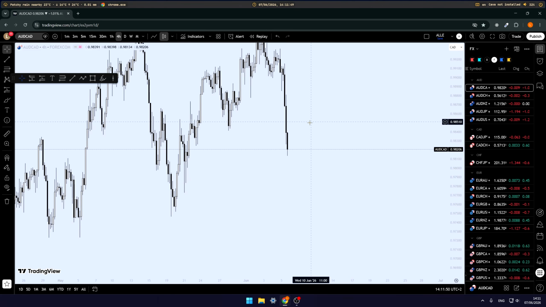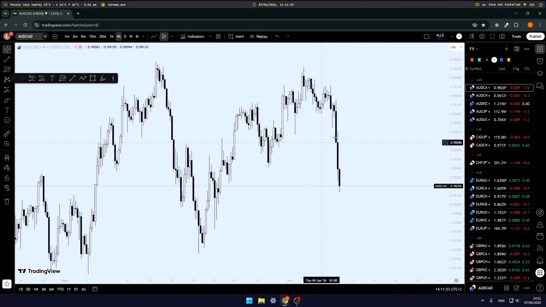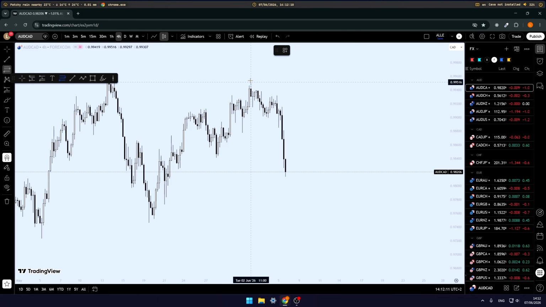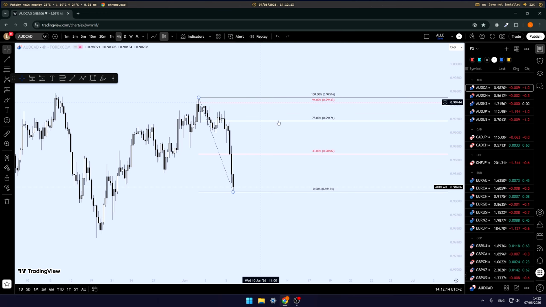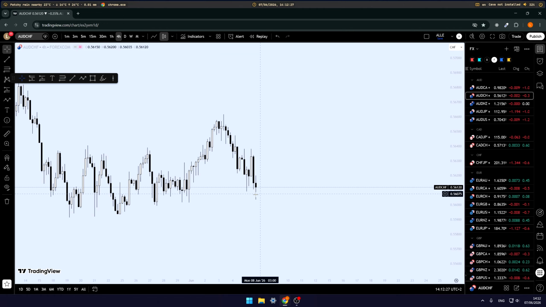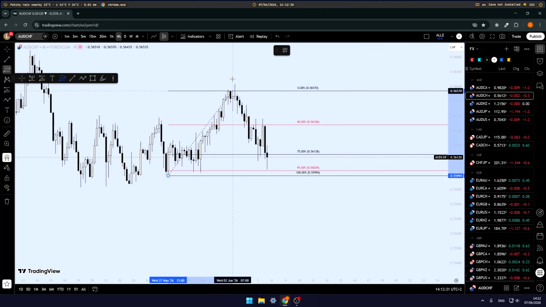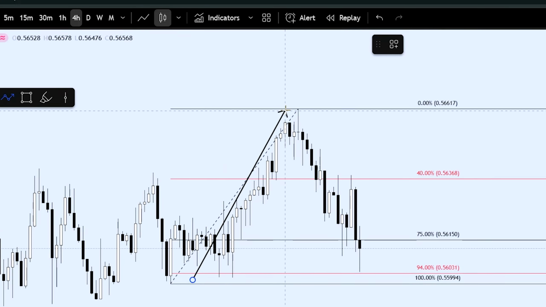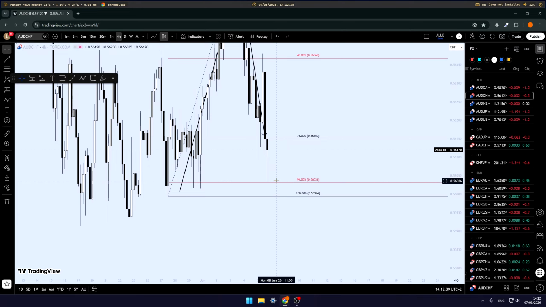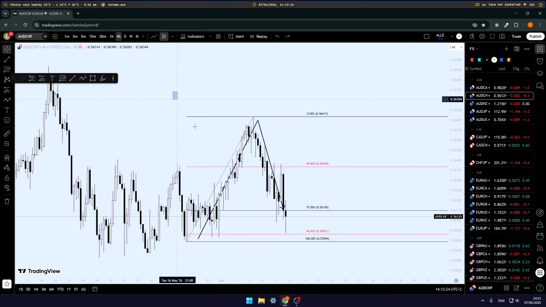Okay, so now that we have established the strategy, we should probably look at the market. Today is the 7th of June. Here I see that we are currently in a downtrend, but there is not enough retracement for me to put a signal here because I will look at the market every day, so I will wait for this. The next one is AUD CHF. AUD CHF has already a retracement here, so this one. But as I can see, yeah, it probably took us out. Yeah, it's basically less than 1 pip, so we will discard it.